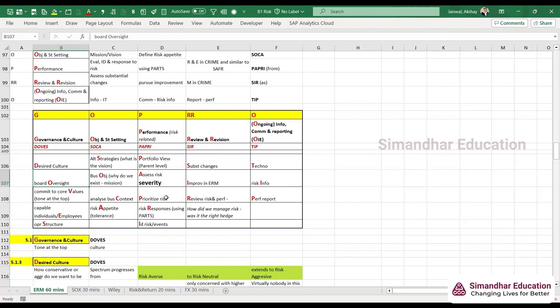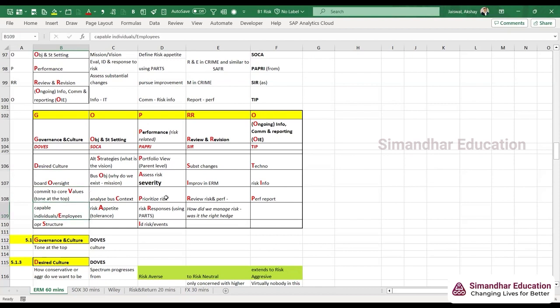Okay. So the board of directors will have both independent directors and otherwise also. Some people from management will be there, but some people from outside of that company will also be part of the board. So they will have the oversight responsibility over the entire management and over the entire company. They are not going to manage day-to-day activities. That is the part of management. Commitment to core values, obviously similar to the desired culture. Both of them will go under governance and culture.